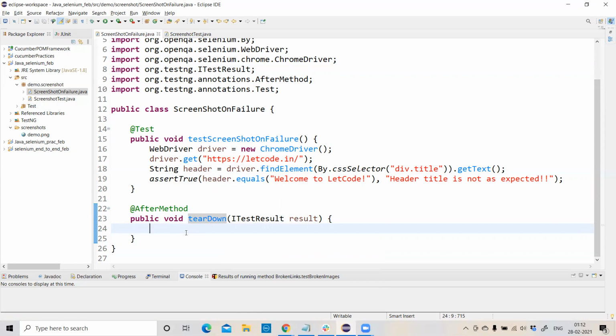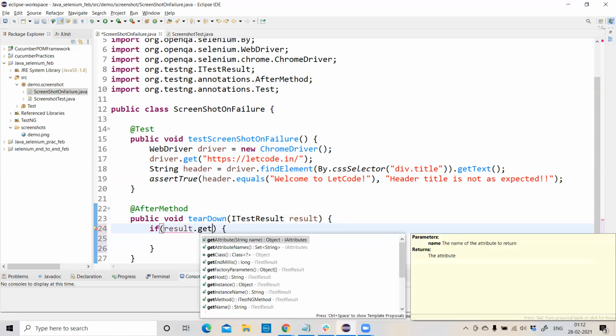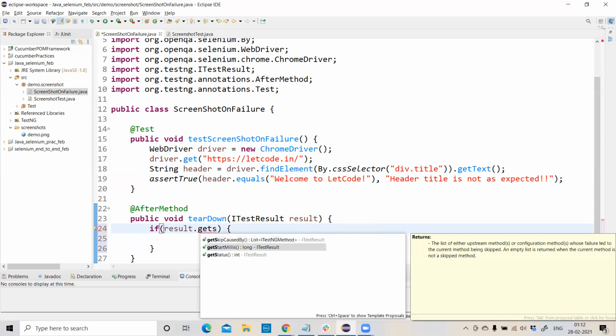Now we should take a screenshot only when our test fails, right? So let us write a condition here: if result dot, we have something called getStatus. If you look carefully, getStatus returns int, guys.